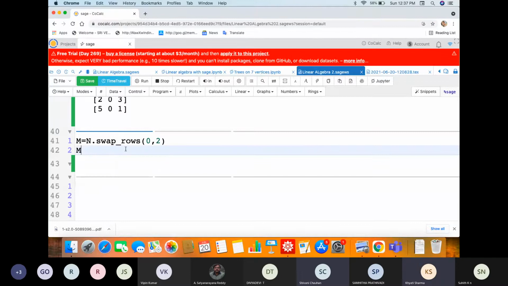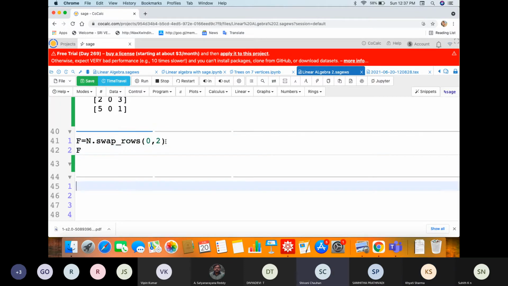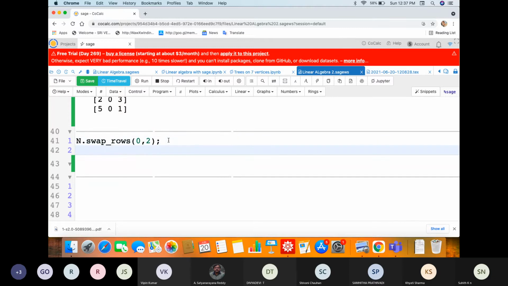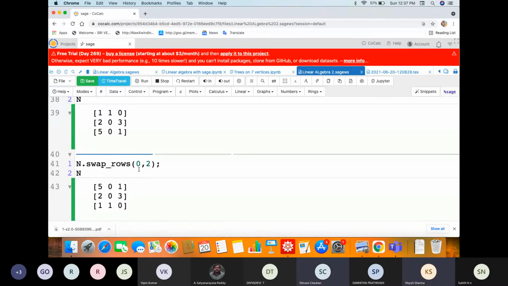Shivani, define something else, not M. Okay, I have already taken M. So here you can see the 0 column is at the last, and this last column is at the first.